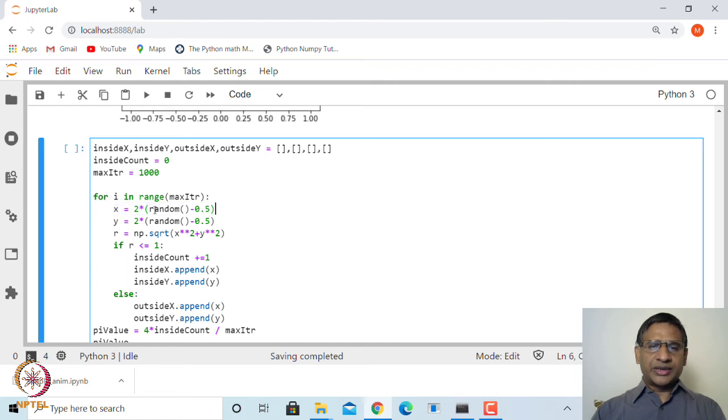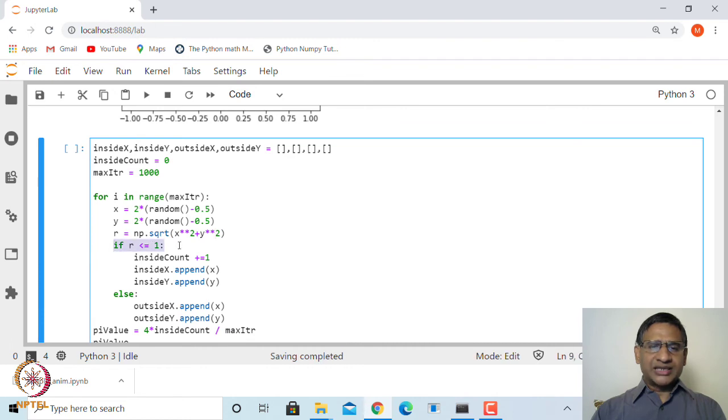So, random will generate a random number between 0 and 1, and then subtract 0.5 from this. So, this will lie between -0.5 and 0.5, and then multiply by 2, so that this will lie between -1 and 1. Similarly, the y coordinate, and r is calculated as the distance from the origin of (x, y), that is, the square root of x squared plus y squared.